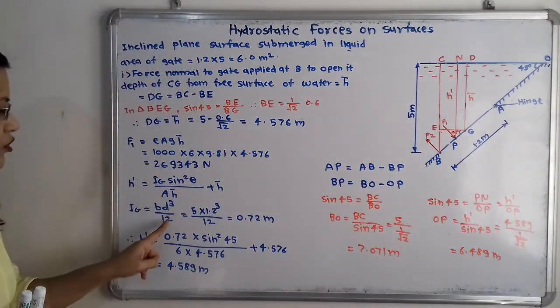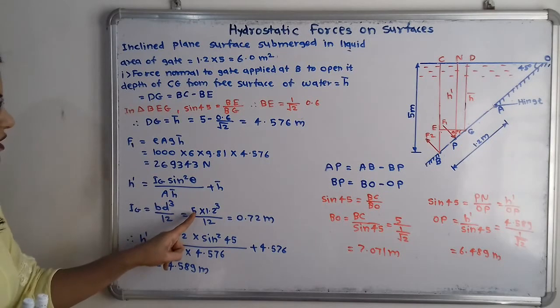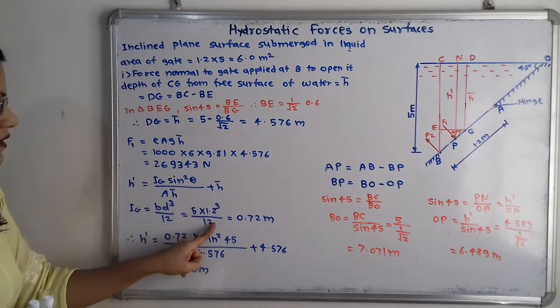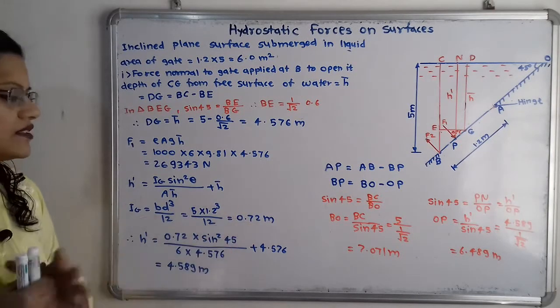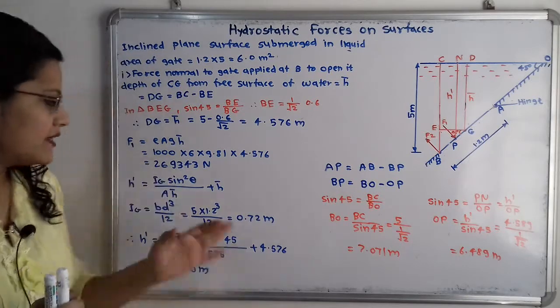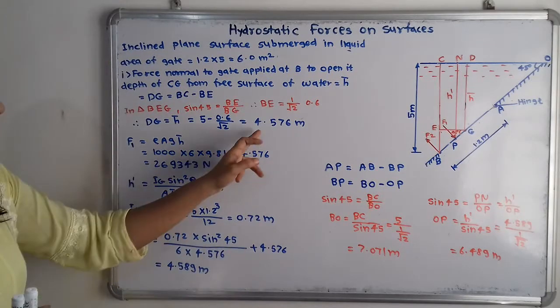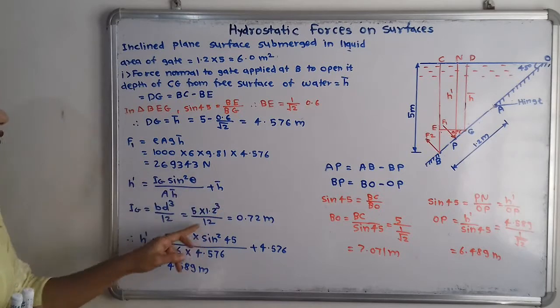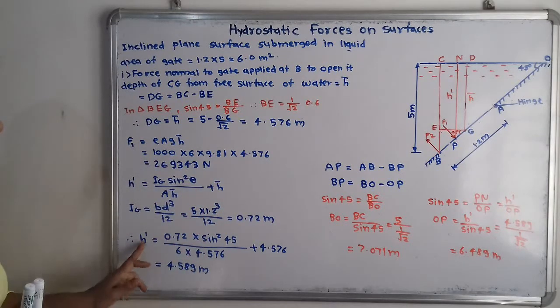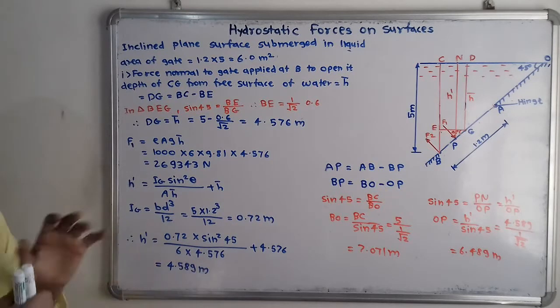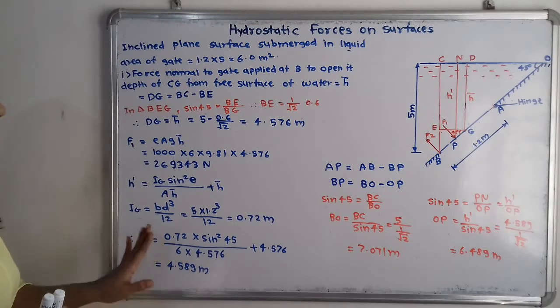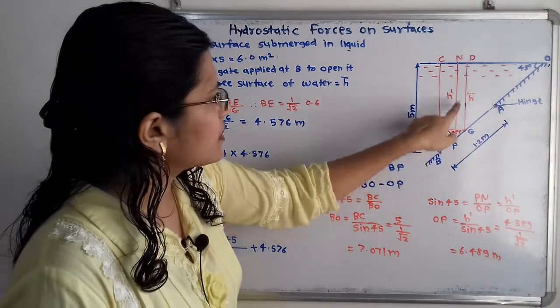So here BD cube by 12. So BD cube by 12, that is 5 into 1.2 cube by 12, which is equal to 0.72 meter. And theta is known, h bar is also getting calculated. So we can calculate this. So what is the answer of h bar? That is 4.589 meter. So this is the value of h bar, that is, the vertical distance P